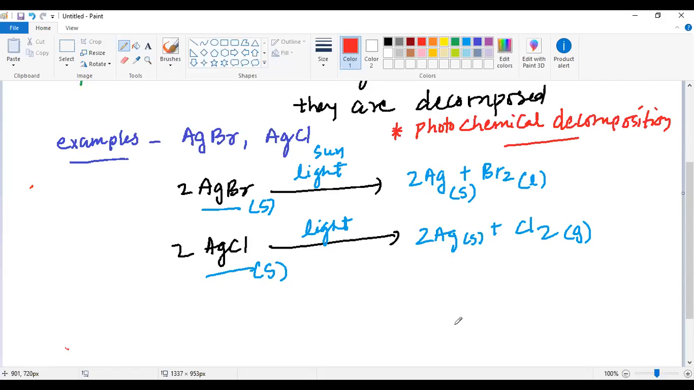My dear students, nowadays we take photos with mobiles, but AgBr was used to take photos in the camera in the previous time. So in the camera, my dear students, when we have the roll